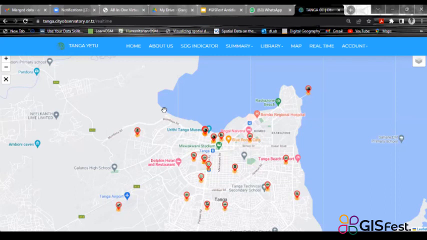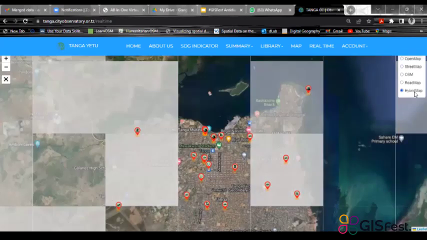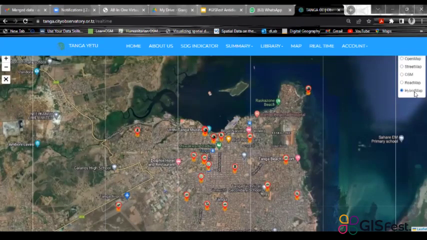At first there was no means of reporting this kind of information. How were they going to reach the officials to use the data for decision making? So right now, if city officials are using this platform, they can reach any point that has been reported with a problem. Also, if they have trouble navigating, they can change the background, use the OpenStreetMap background, or use the hybrid map according to their needs.